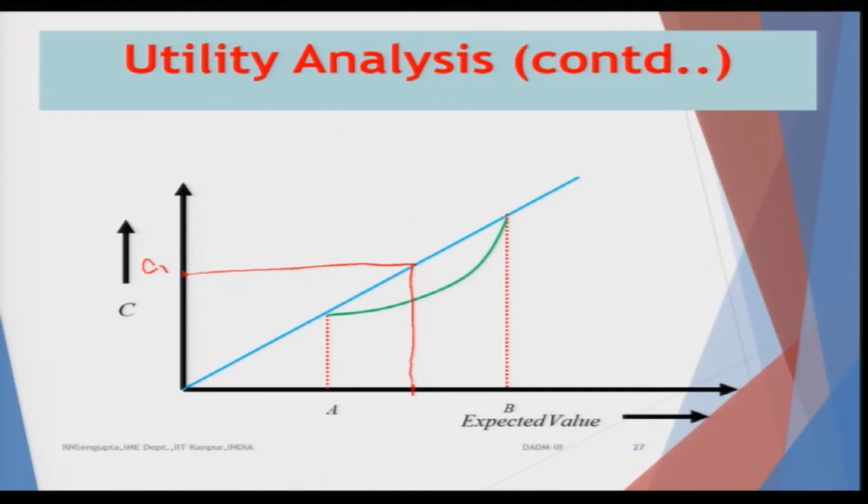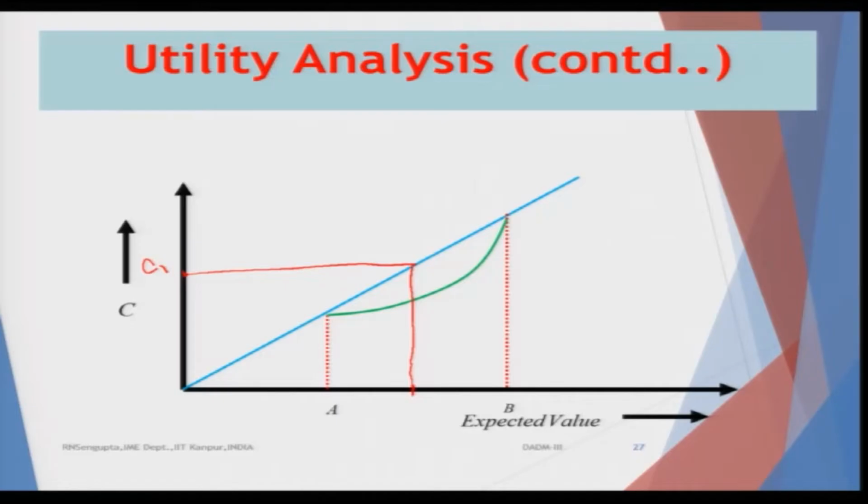Now, in the other case, consider the person says that no, he or she would go for a lower value, in the sense that the certainty value of the gamble, whose expected value is (A plus B) by 2, is less than C1. So, consider those sets, as you change the values of A and B, they are C3. Obviously, in that case this portion of the graph would be lower than what I have shown in the green line.